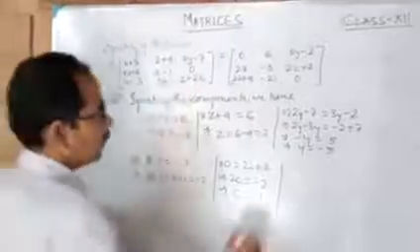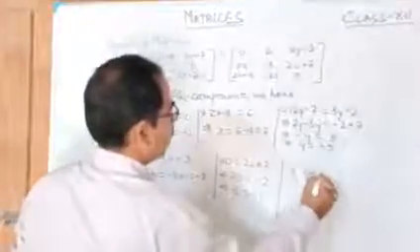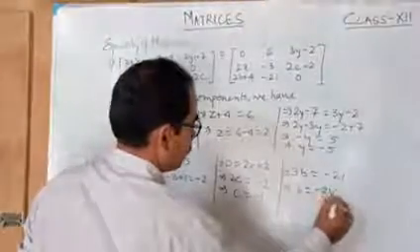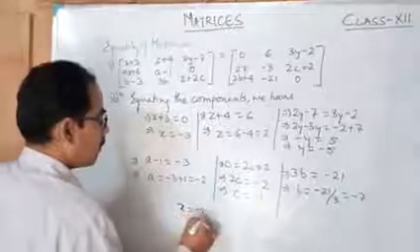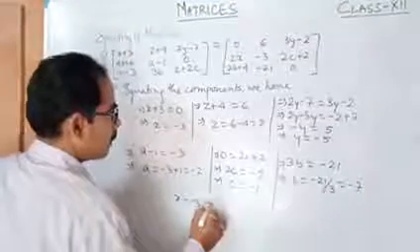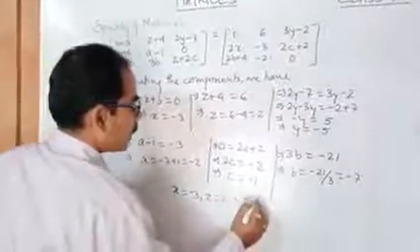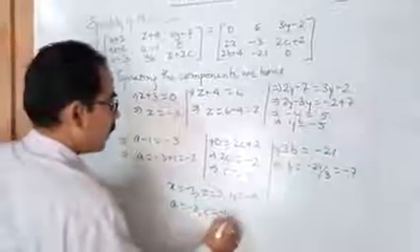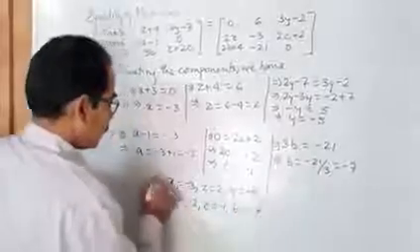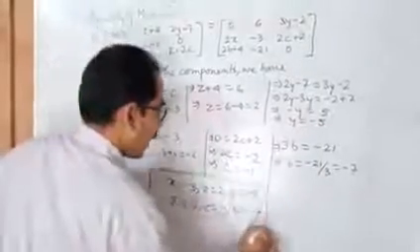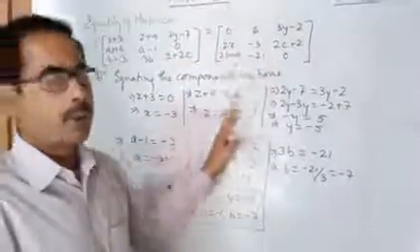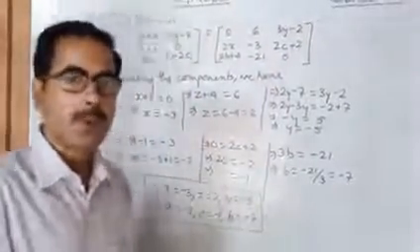Let us take this one, it will be easier. So what can we take? 3b equals minus 21. So ultimately you get b equals minus 21 by 3, that is equal to minus 7. So what are you getting? First of all, x equals minus 3. Next, z equals 2, y equals minus 5, a equals minus 2, c equals minus 1, b equals minus 7. So this is the final answer. As this matrix is equated to this matrix, we can get the unknown variables in such a way. I hope it is clear to you students.